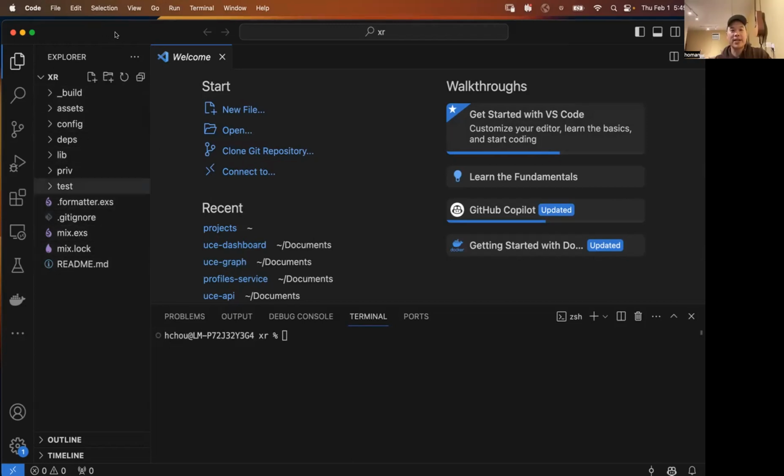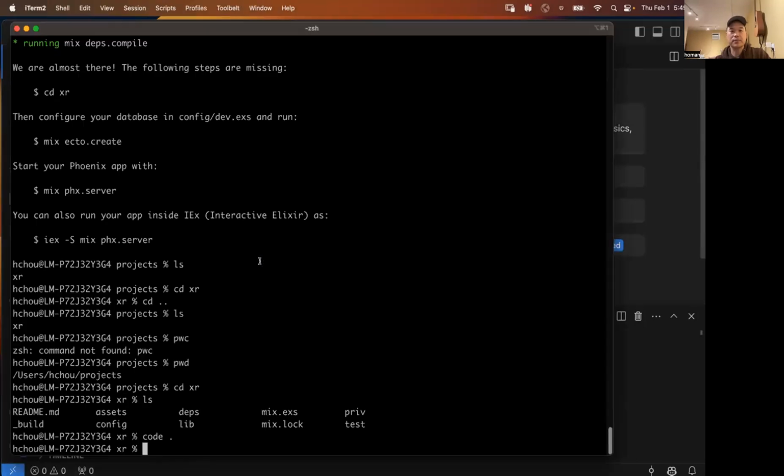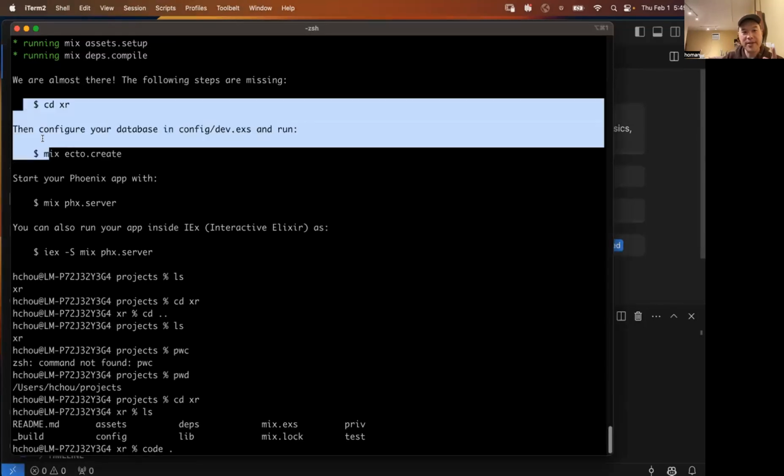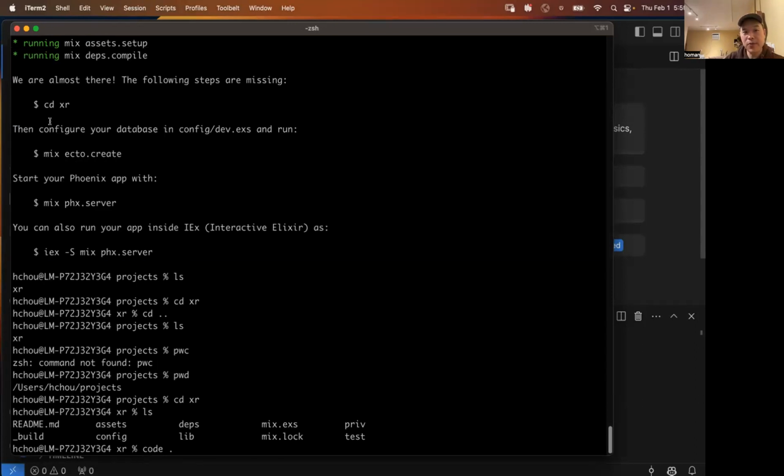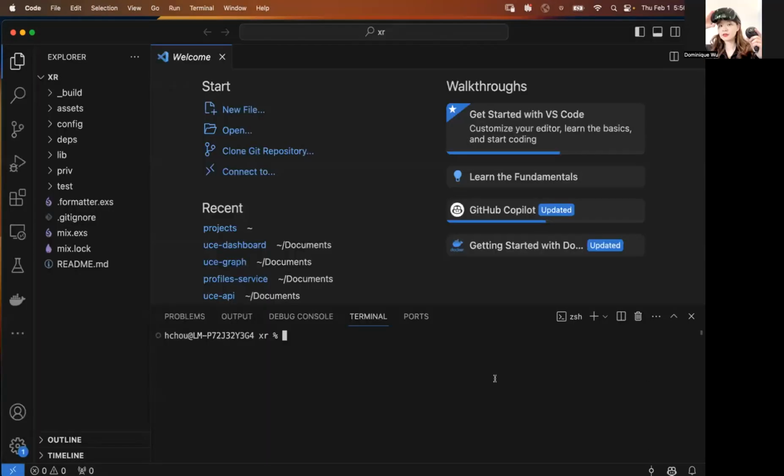The way I install a database, on your machine, it's telling you these four commands. It says cd into your folder and do mix ecto create. When you do that, do you get a bunch of errors? Give me a sec. I need to cd XR and then the second one, I need to do the mix. Mix ecto dot create. Yes, I got two to three red lines. Okay, I'm going to do the same thing. So I'm going to do mix ecto create,